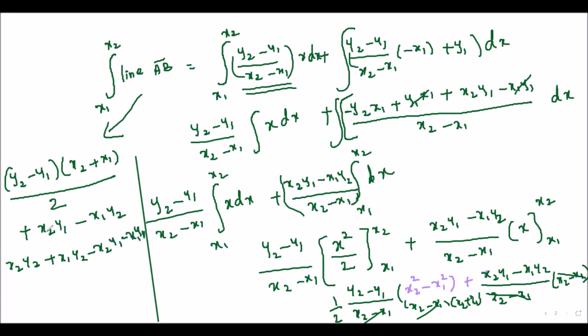Now here I am taking LCM and I am adding with this. So I should multiply 2 with these terms. So plus 2x2 y1 minus 2x1 y2. Yes, children. So which terms are getting cancelled here? If you see, not cancelling. So overall, anyhow I'll write in the next page also again this part. So overall, if you see this x2 y2, only one term is there, x1 y1 one term is there, these two.